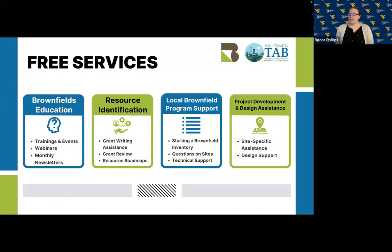The Brownfields Assistance Center and Mid-Atlantic TAB are the kinds of assistance that our office provides here. And some of the services we have are general education. So we'll do webinars, other trainings, not just online, but also in communities. The Brownfields Assistance Center serves West Virginia, but Mid-Atlantic TAB serves the entire region. So that would include Pennsylvania, West Virginia, Virginia, Maryland, Delaware, and Washington, D.C. We also have monthly newsletters that include news from around the state or region, respectively, depending on which one. And then also we help people to